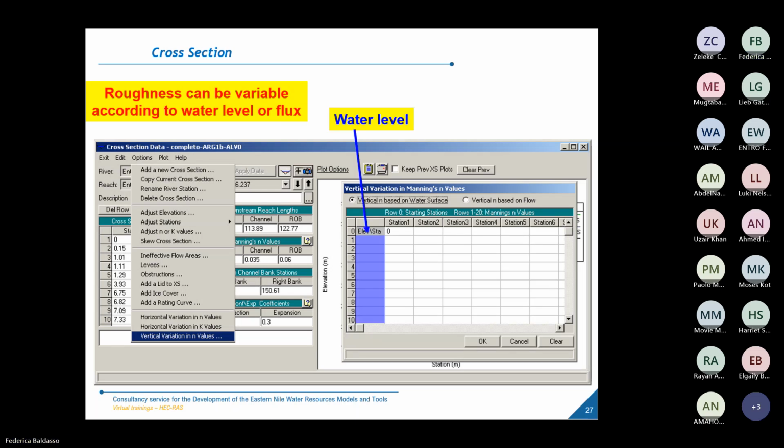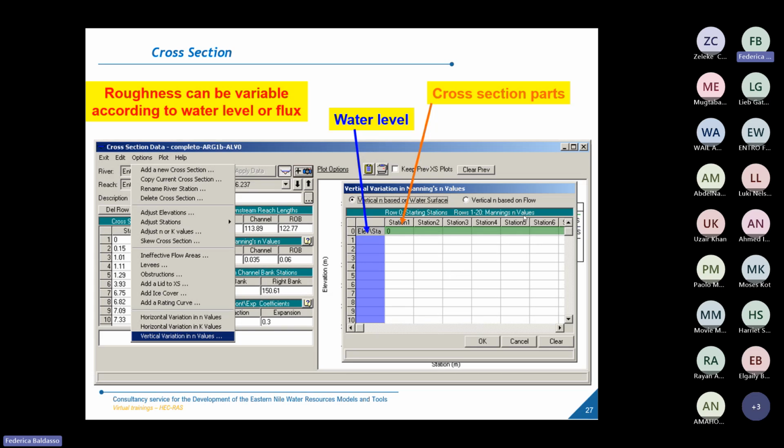Here, the user can specify the water level. Actually, the vertical variation can be based on water surface or on flow. If you select the water surface, the first column will be the water level, otherwise it will be the flow. So in this column, you set the values that could be considered for changing the roughness,